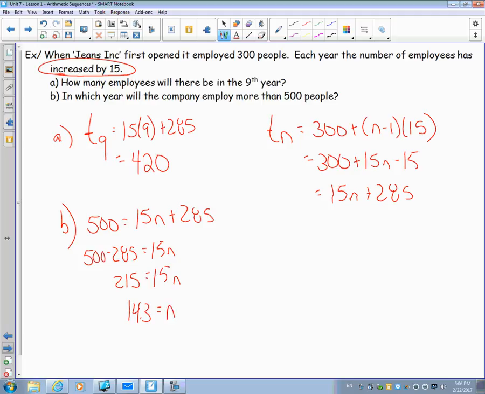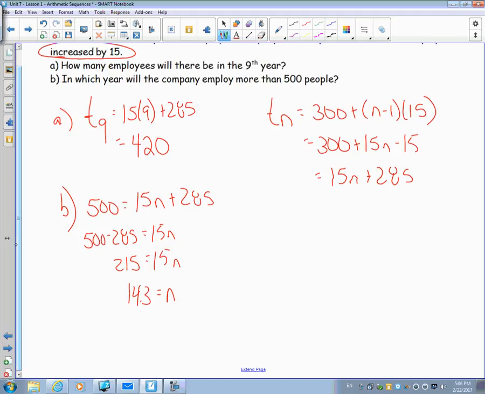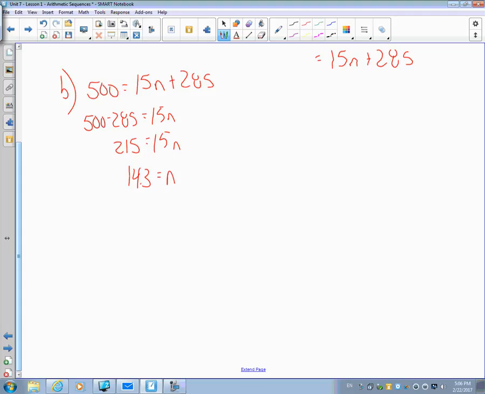Okay, so we have to interpret now. So 14.3 is between terms. It's not the 14th term, it's not the 15th term. We want to know when will they employ more than 500 people. Well, in the 14th year, we haven't quite reached 500 people yet. So we actually have to round this up to the next term. So in the 15th year,